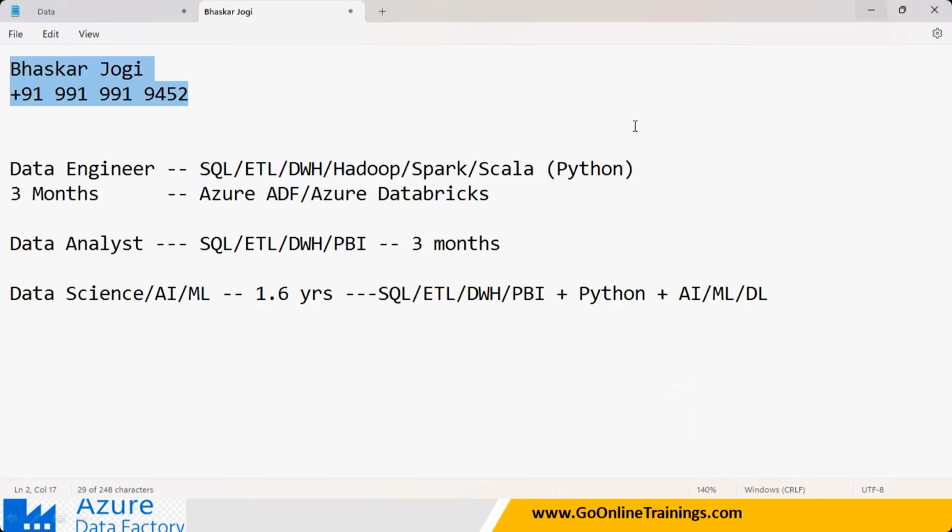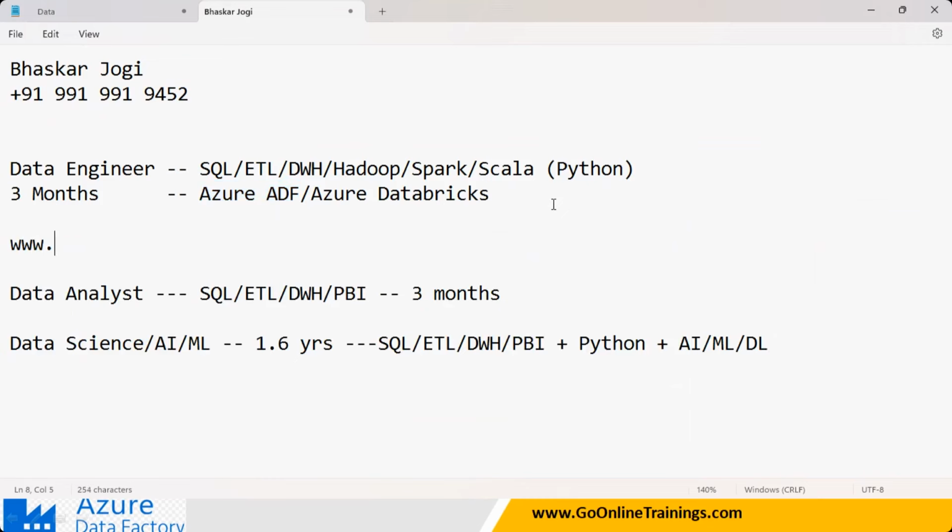So from tomorrow, I'm going to be starting your Azure Data Factory, and I'll show you how to create a new account in the portal.azure.com, and we can create one account, create one subscription. We will be able to work with this because for ADF, there is no need to install any software because it's a cloud-based software. Directly, we need to go to where? www.portal.azure.com.